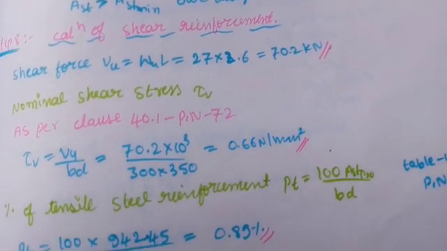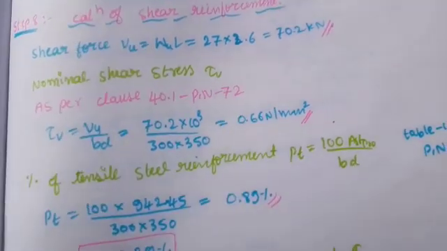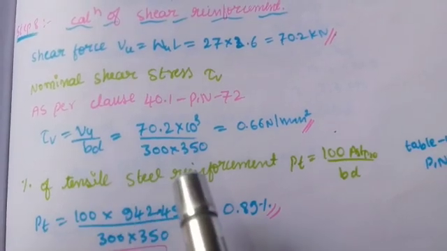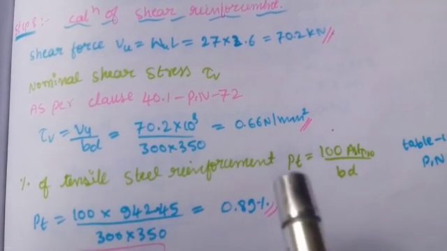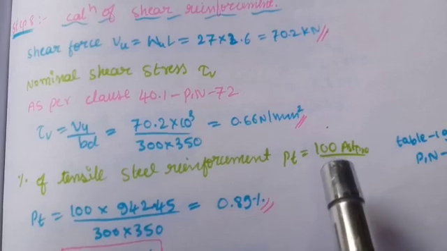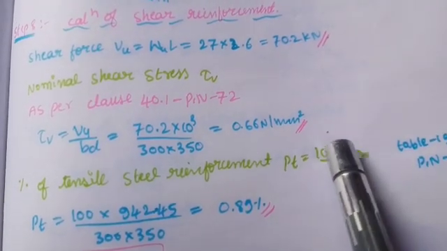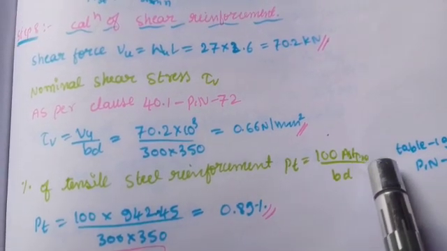So next we'll go for the calculation of percentage of tension steel reinforcement, that is denoted as Pt. For that we have the formula 100 into Ast provided divided by B into D. So don't get confused here. Here we need to substitute a